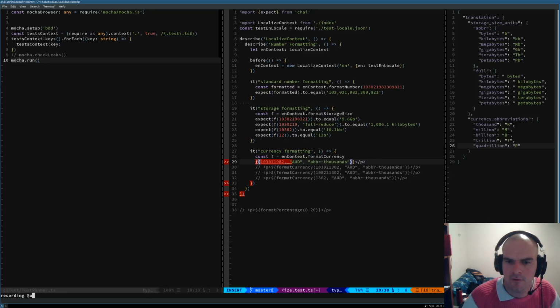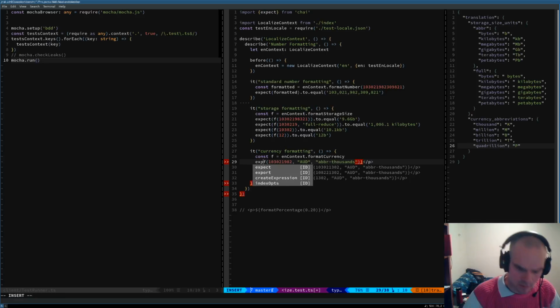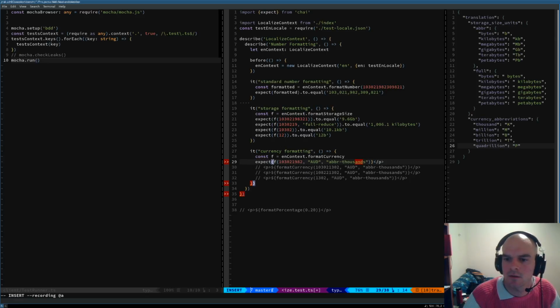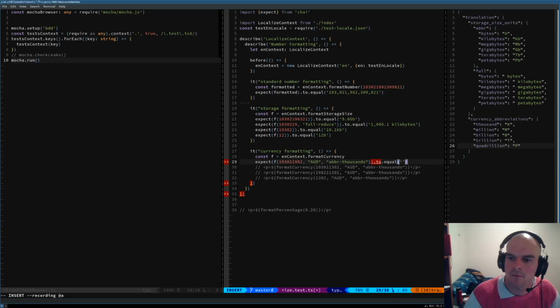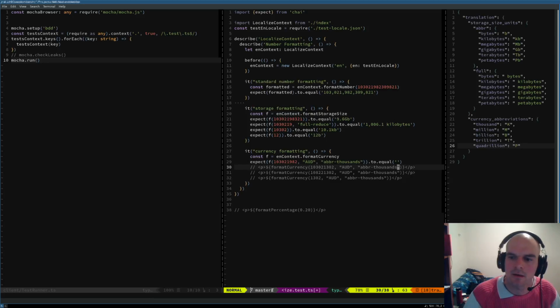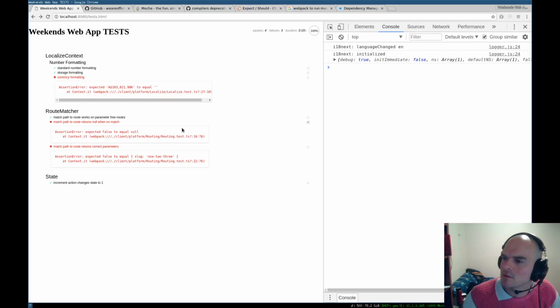Change to F. Import, export, expect, escape. Then we're gonna find this and then change from here on. So it's gonna be dirt.to equal, okay. So that's just a text editor thing. If you can record a macro that has all of those actions, then you can eventually get something. And if I had gone to the new line as well, I would have saved that keystroke as well. But either way, that gets us sort of where we need to be so that then we can run these tests.